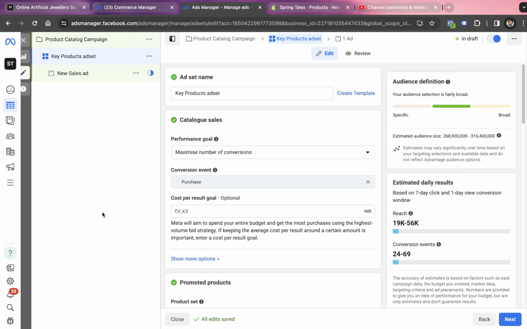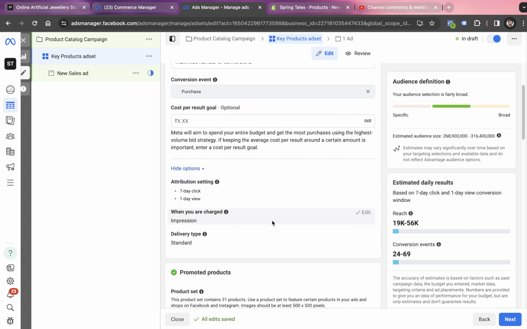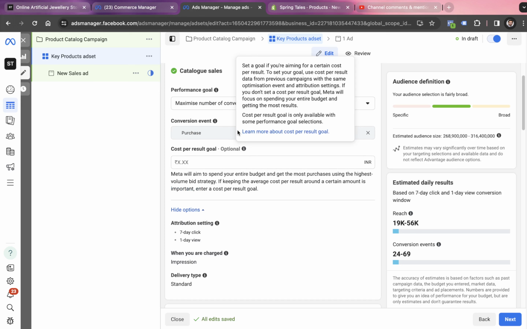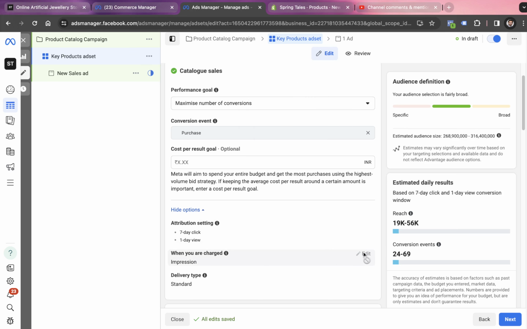Now, people, trust me, campaigns in Meta or Google do not really perform until you optimize the campaign. So just by launching the campaign, you are not going to get the results. You really have to go through the campaign again and again until it starts providing the conversions. Anyways, now when do we get charged? Ideally, we should be getting charged for a purchase because that's what we have as our campaign goal. That's what we are looking forward to achieving. But Facebook will only be charging you for impressions for this campaign. You don't have any option available right now, at least.